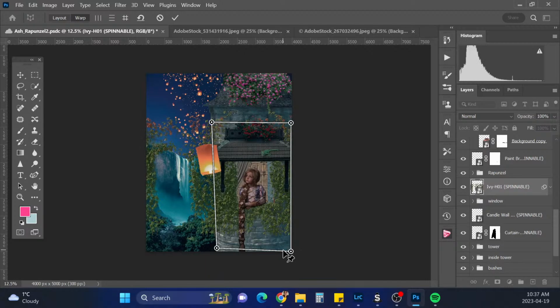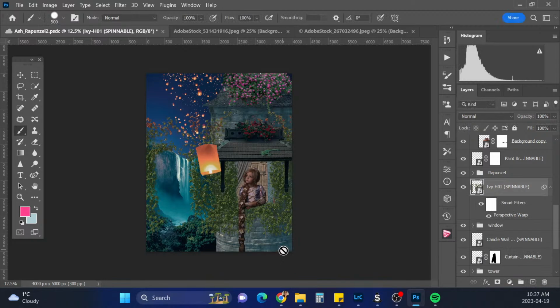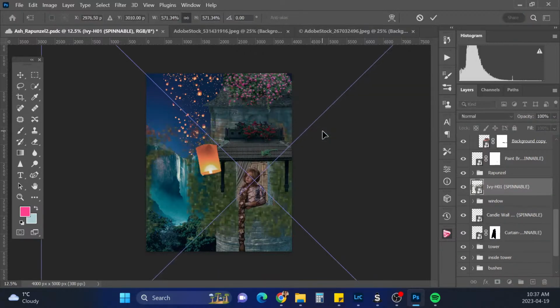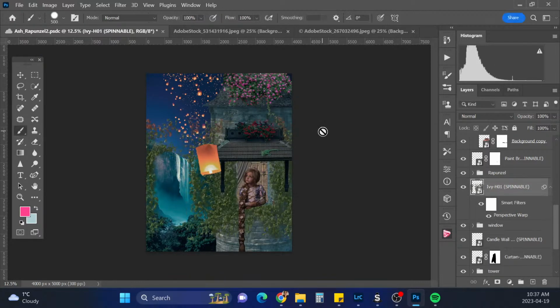Okay, something like that maybe. And we'll actually move it down a bit, Control T. Okay, and I'm just going to bring it down slightly. Okay, and then now